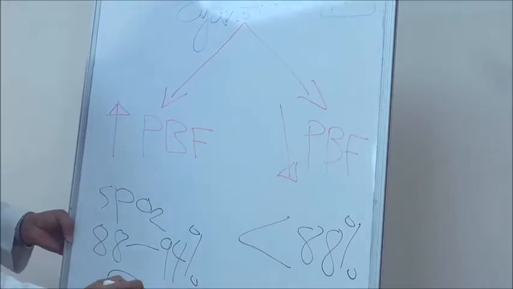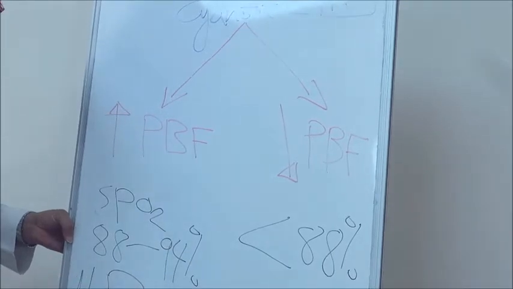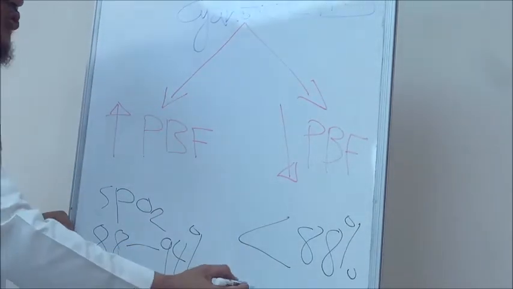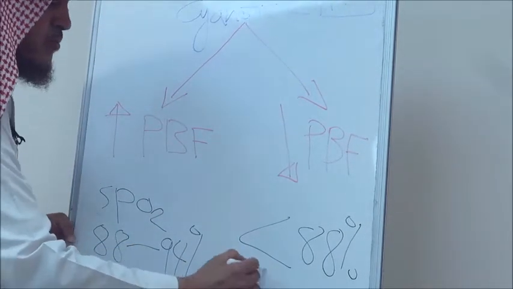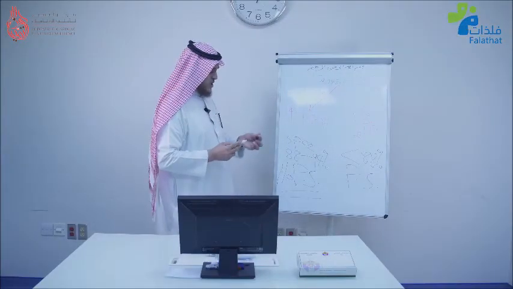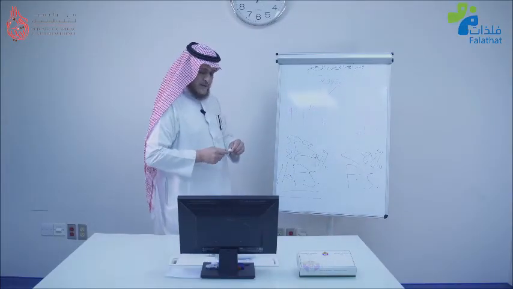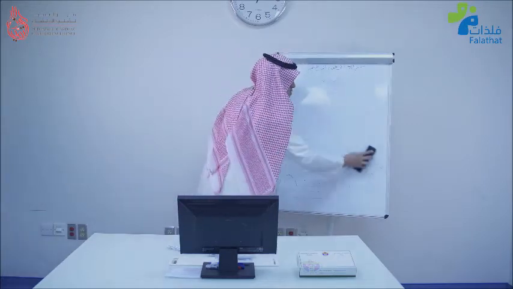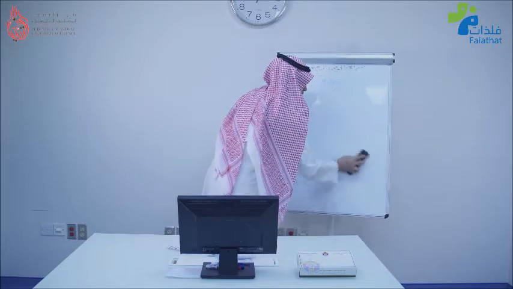So here there is no PS, while on the other side there is usually valvar pulmonary stenosis, or PS as we would abbreviate in our talk. So, let me just write down for you some of the